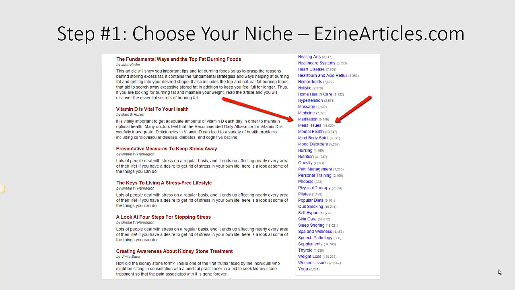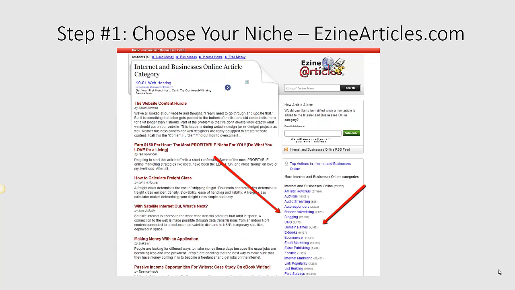Women's health issues at the very bottom there, again, another huge topic. Stop snoring right there, that is an entire information product in itself. If you can research natural solutions to stop snoring, that's a potential information product. Choosing your niche,